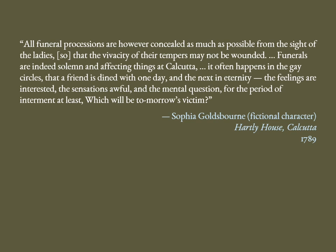"All funeral processions are, however, concealed as much as possible from the sight of the ladies, so that the vivacity of their tempers may not be wounded. Funerals are indeed solemn and affecting things at Calcutta. It often happens in the gay circles that a friend is dined with one day and the next in eternity. The feelings are interested, the sensations awful, and the mental question, for the period of interment at least, which will